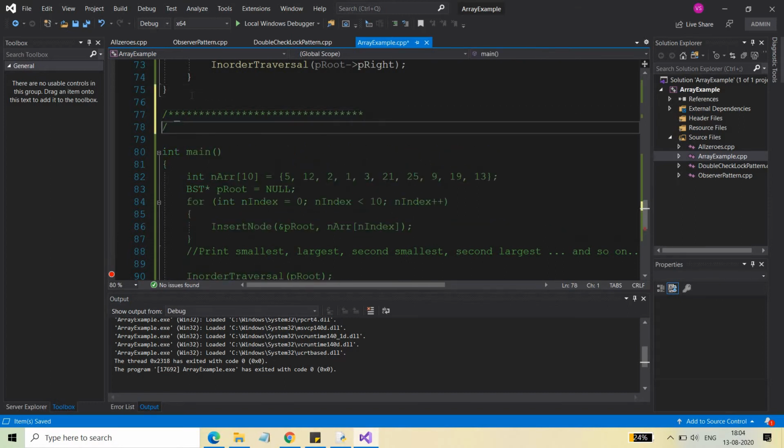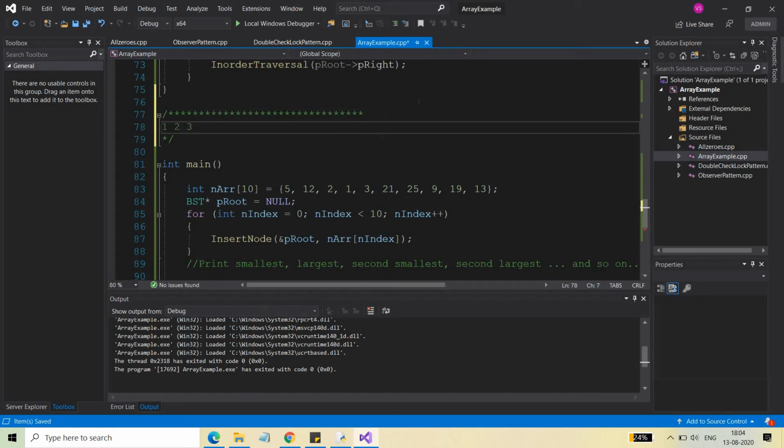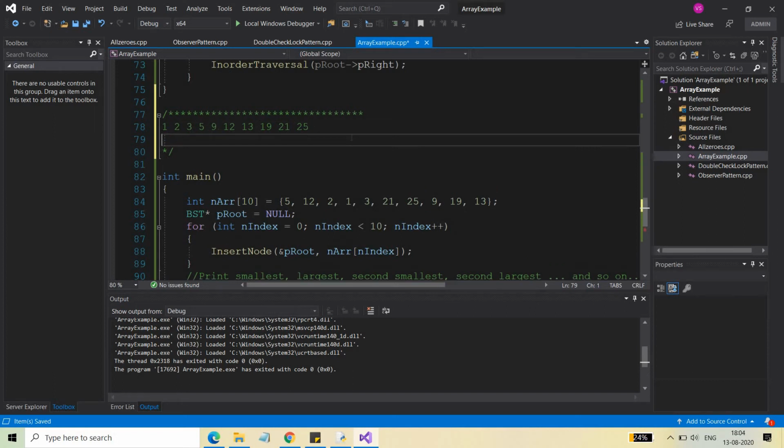If I have the elements 1, 2, 3, 5, 9, 12, 13, 19, 21, and 25, let me count them: 1, 2, 3, 4, 5, 6, 7, 8, 9, 10. Yes, all the 10 elements are here.